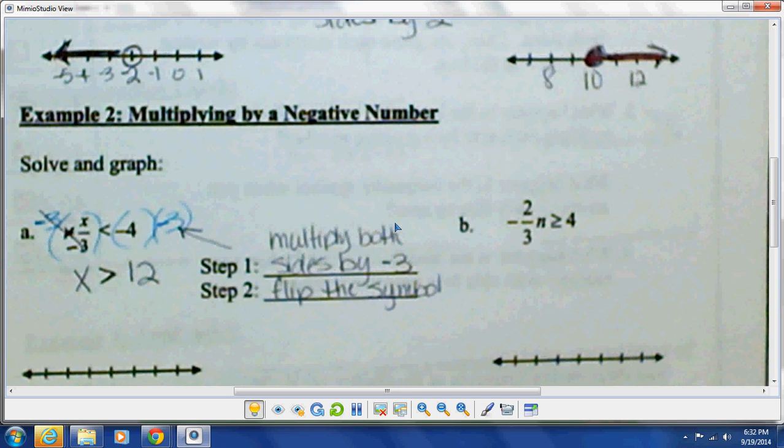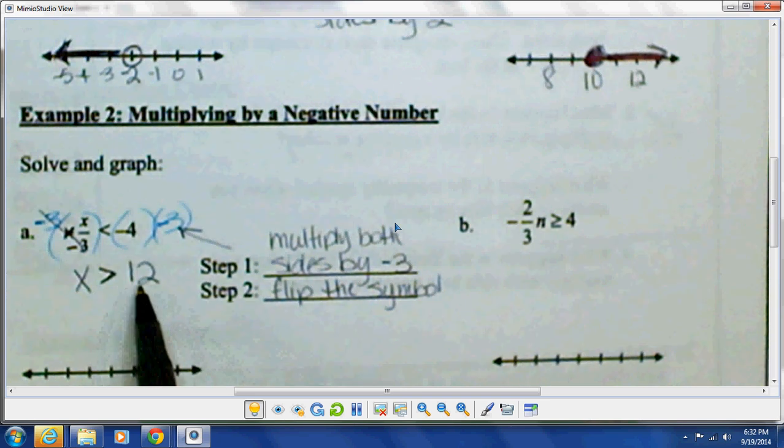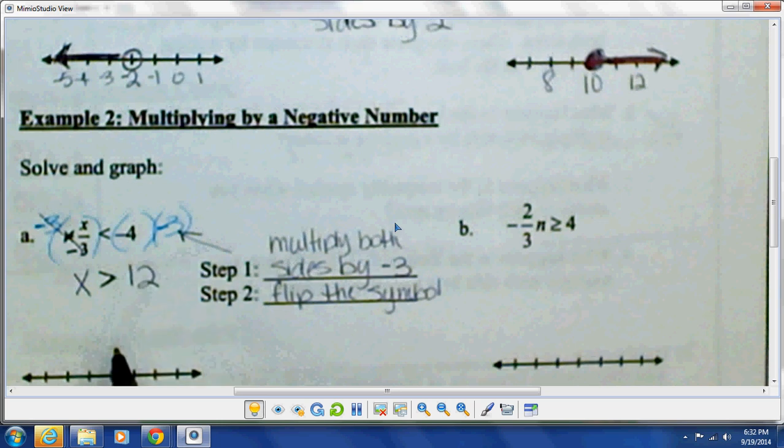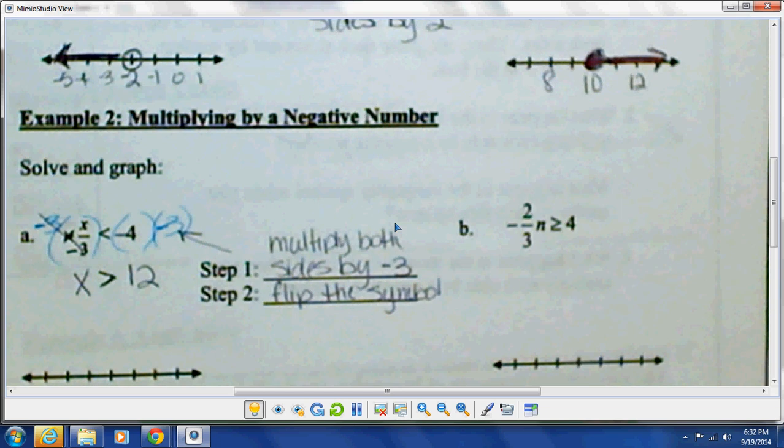And if you plug in 12 back into your original problem, you would have 12 divided by -3, which is -4. So basically,